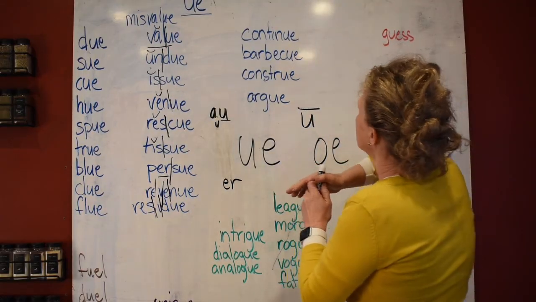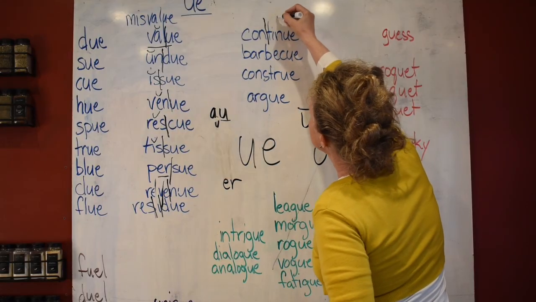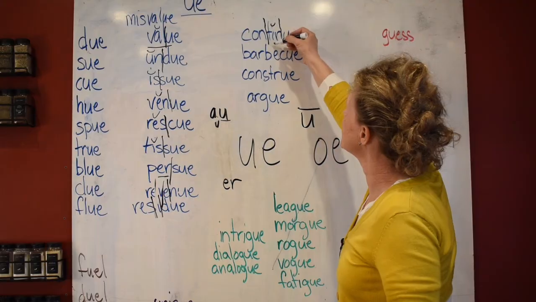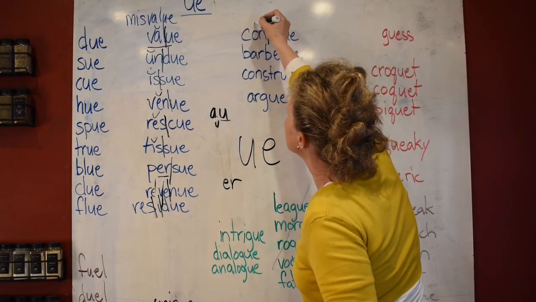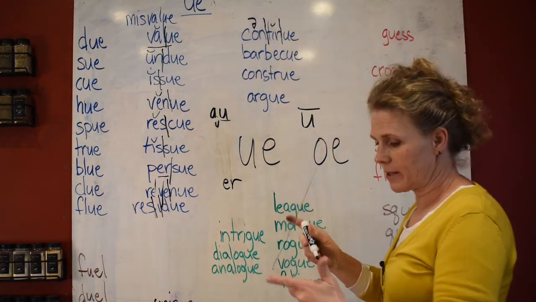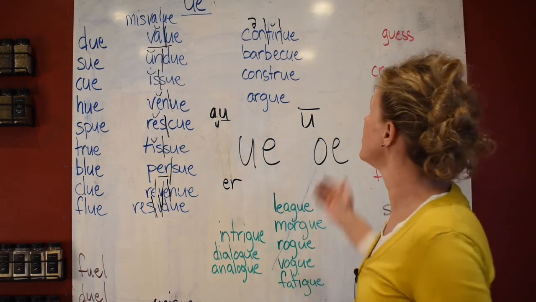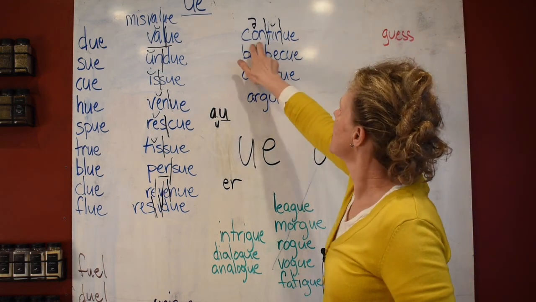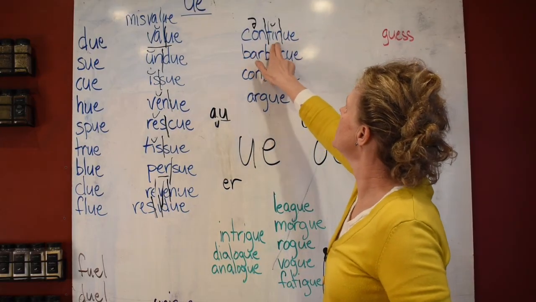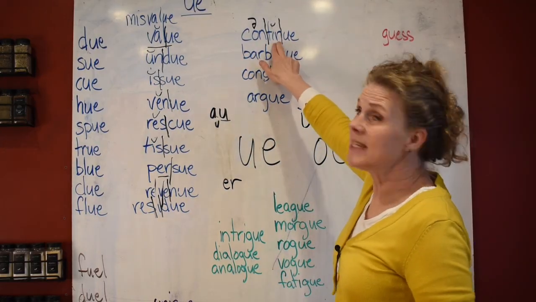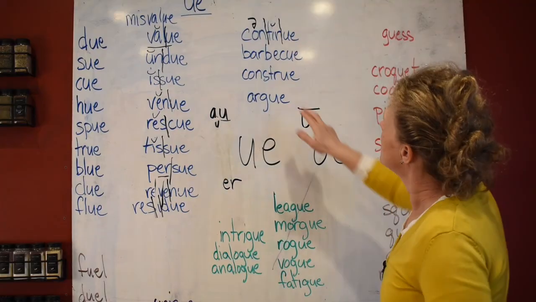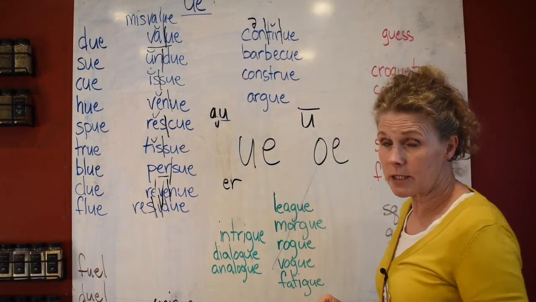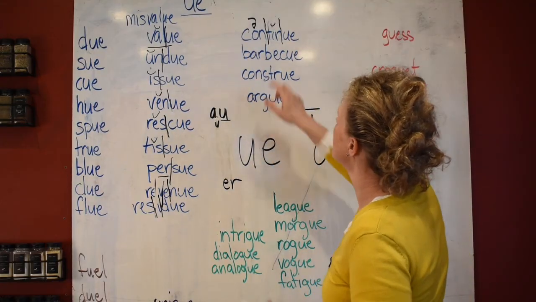Continue. See? Short sound. It's saying short sound. And this one turns to schwa. And we'll go over that in another lesson. And I actually probably have a video on that. I'm not sure which one it is. Continue. This is the accented syllable. This is the reason why that turns to schwa. Kun. It's not saying con, it's saying kun.